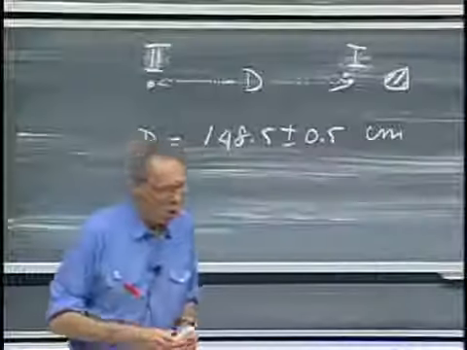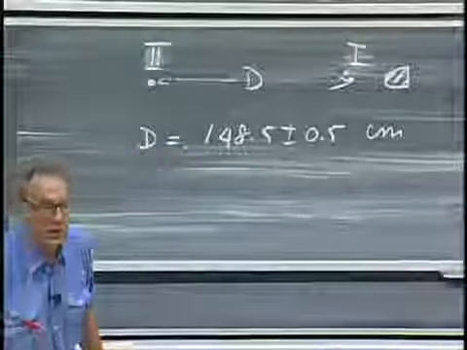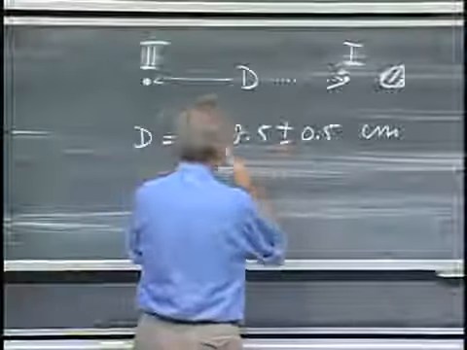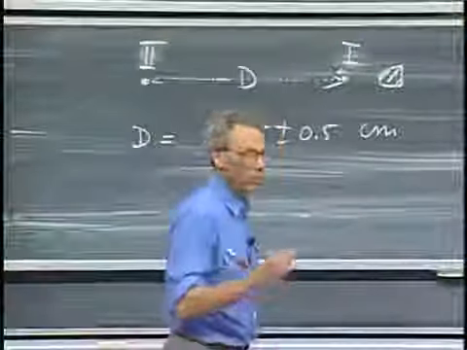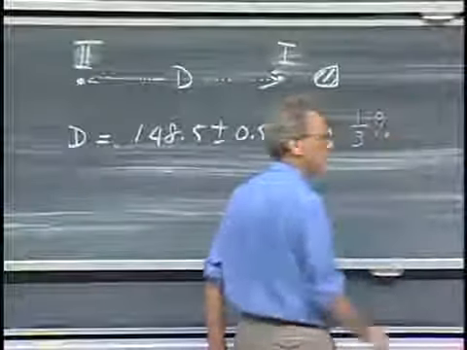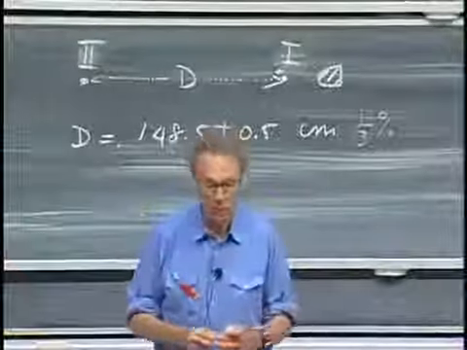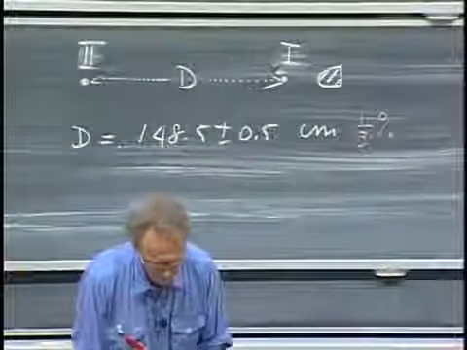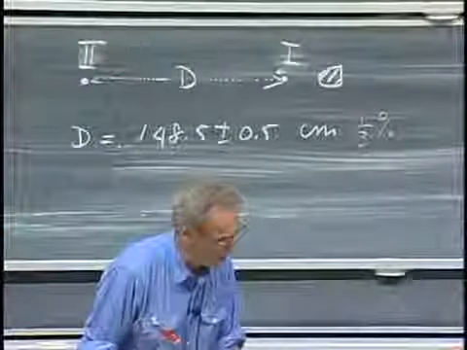I want you to appreciate that this is a very small percentage error. This is only 5 parts out of 1,500. That is 1 out of 300, so that is only a 1/3% error. That's very small. That's what we call the relative error. Then I ask myself the question,